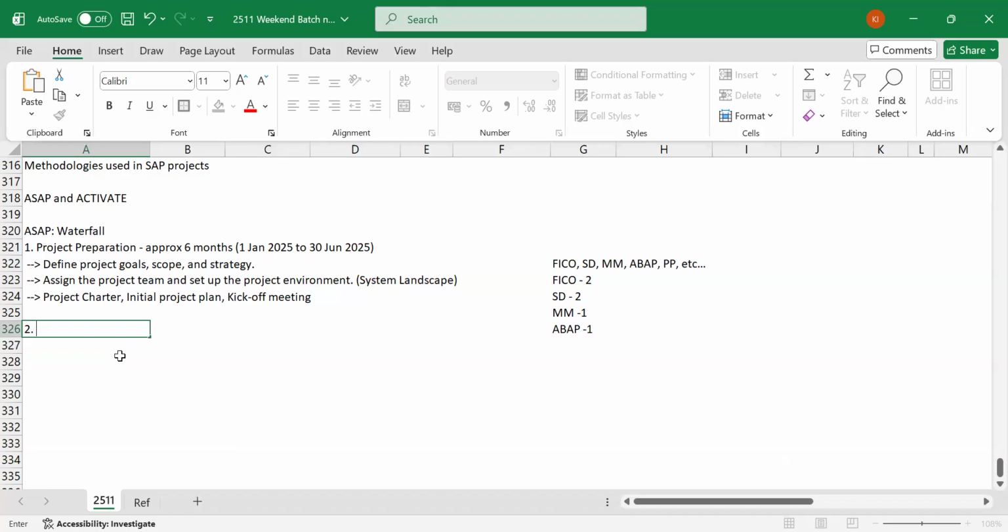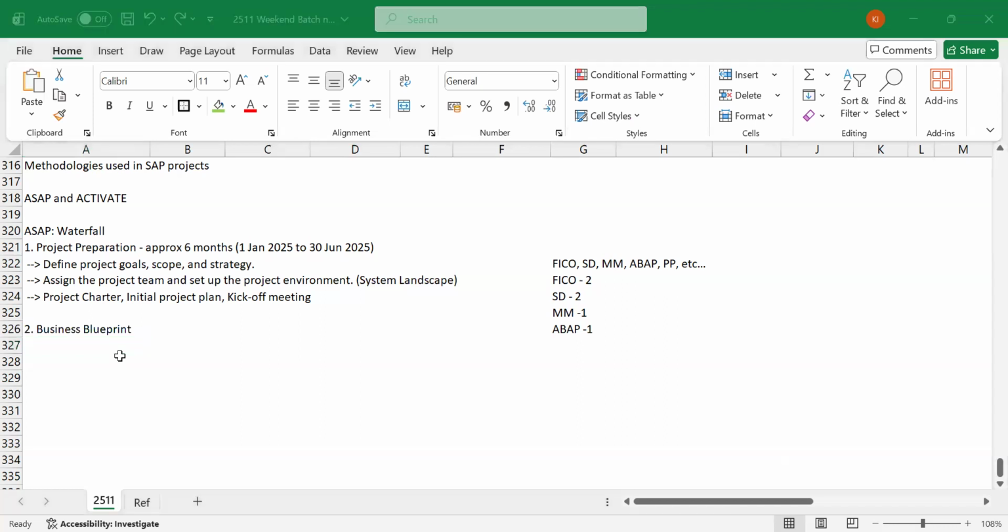During this phase, we'll discuss with the business users, gather all the information, and document it. Each and everything that you discuss has to be documented. That document is also known as the business blueprint. Whenever we are working on any implementation project, the business blueprint is one of the crucial documents that we prepare. This is completely a separate phase, which we call the business blueprint phase. In this phase, what we will do,